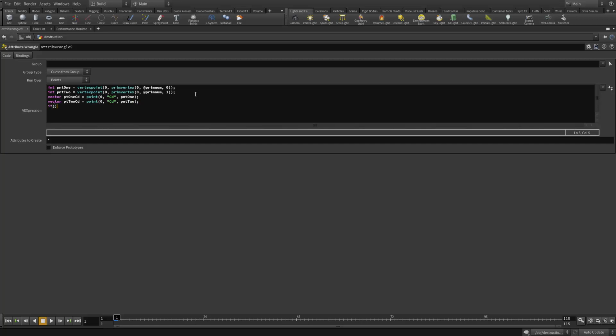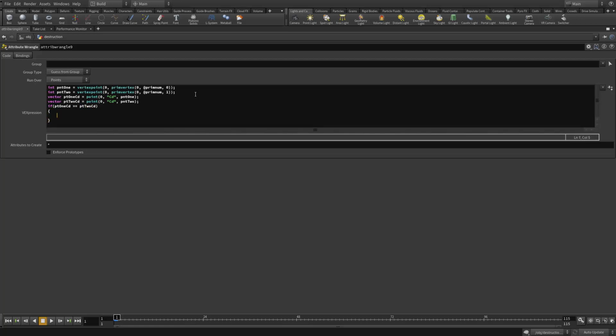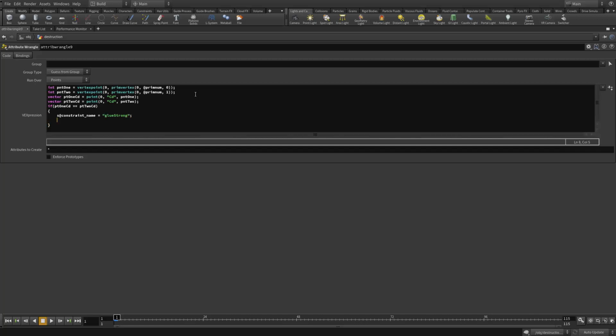I just need to see if they are the same. So if point1 cd equals point2 cd, then what we do is give them a constraint name called glue strong. And if not, let's actually use color to debug it. So let's also add cd equal to 1, a white color. Let's actually run over primitives. Okay. Now else,